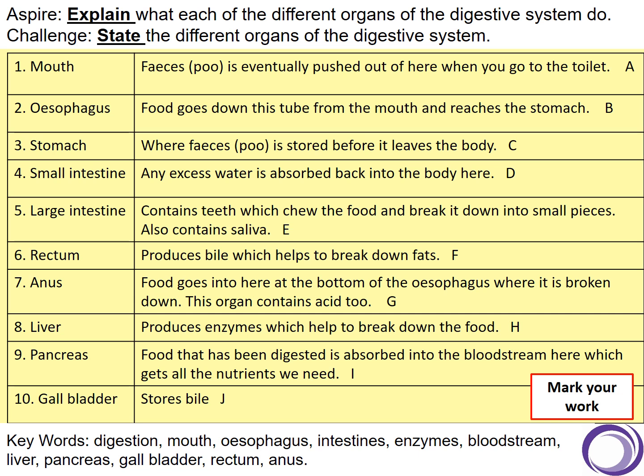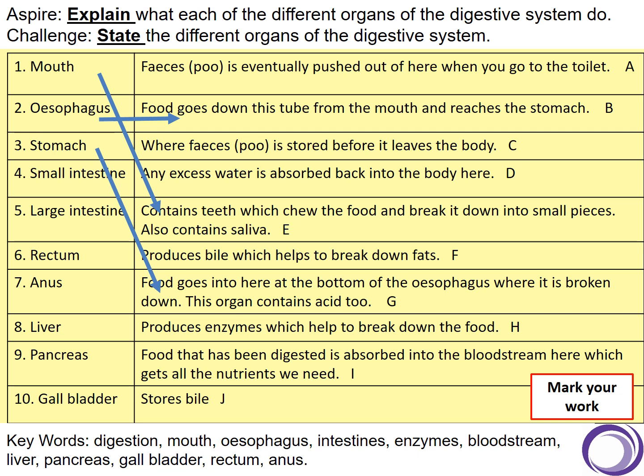Okay, time up. So let's go through now and mark the answers. So number 1, the mouth, goes with E, which contains teeth which chew the food and break it down into small pieces, also contains saliva. Number 2 goes with B, food goes down this tube from the mouth and reaches the stomach, and that is the esophagus. Number 3, the stomach, goes with G, so food goes into here at the bottom of the esophagus